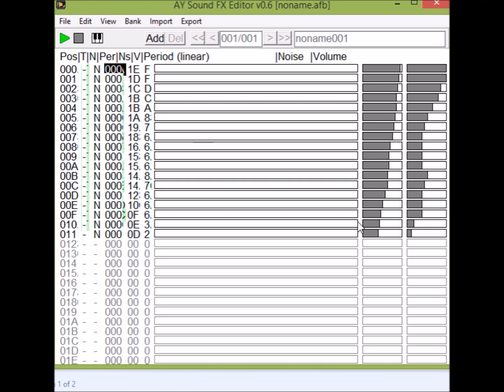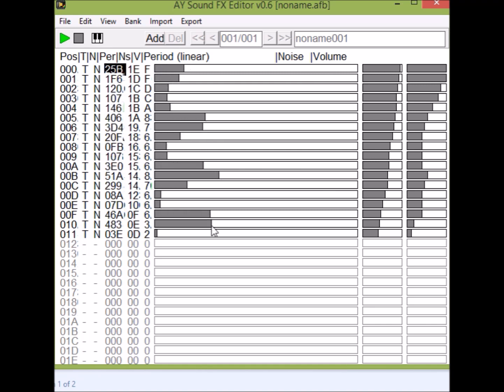The other thing you can do then, of course, once you've got the hang of noise and tone, is you can try and mix them. So, you know, here we go once more. Let's put a little tone in there. Let's hear how that sounds. So as you can see, with a bit of work, you'll soon get yourself making some pretty interesting